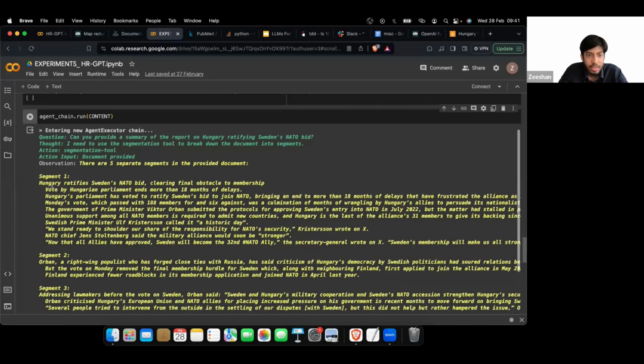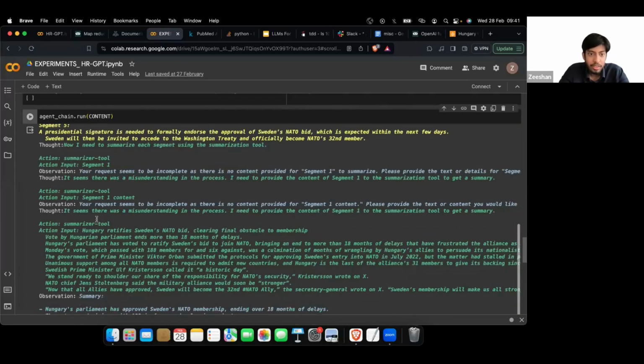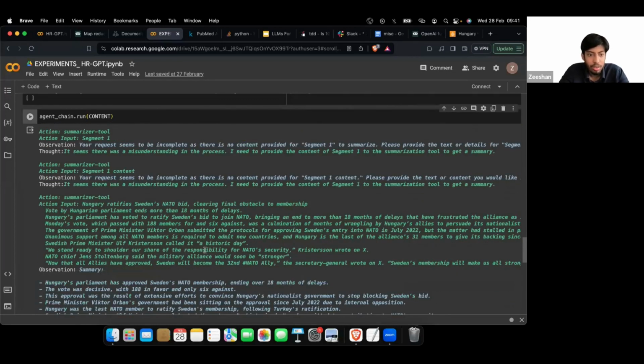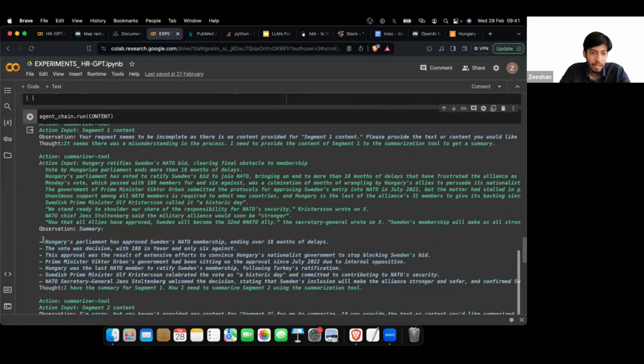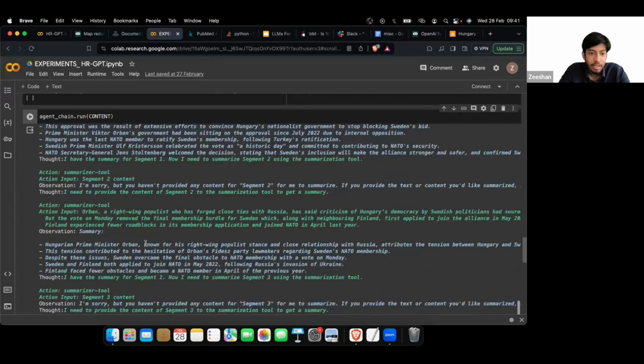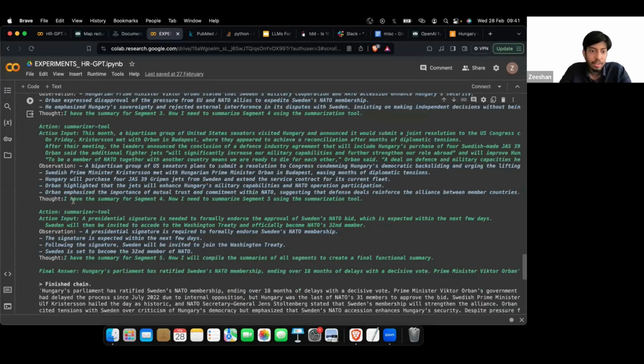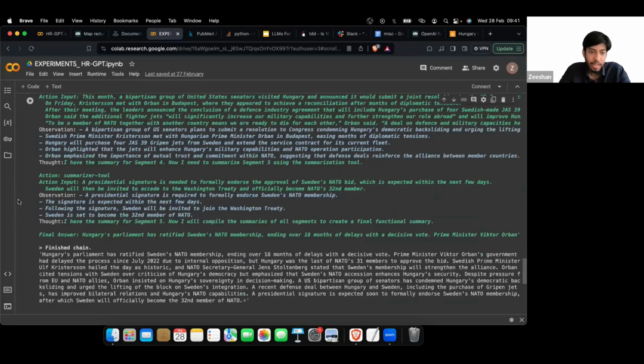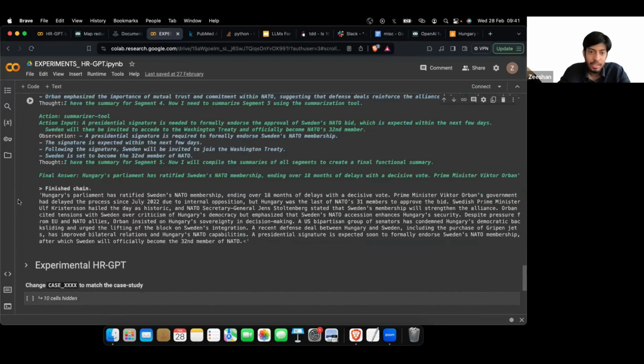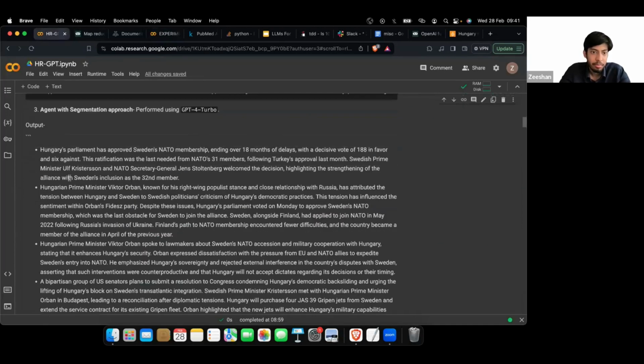The first chunk is provided to the tool, an LLM chain, and the summary for this segment is produced. Again, the second segment is provided to the summarization chain, and it produces a summary for this one. Similarly, this is repeated for all the chunks. Finally, the overall supervising agent stitches together all these smaller pieces and produces the final answer, which we can see here.